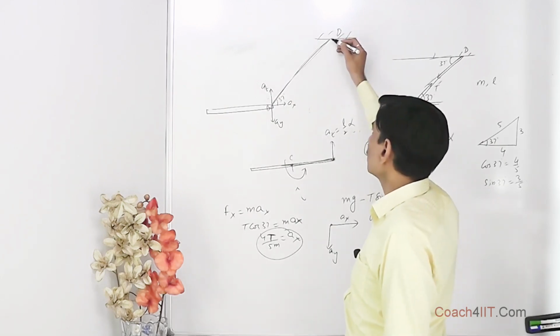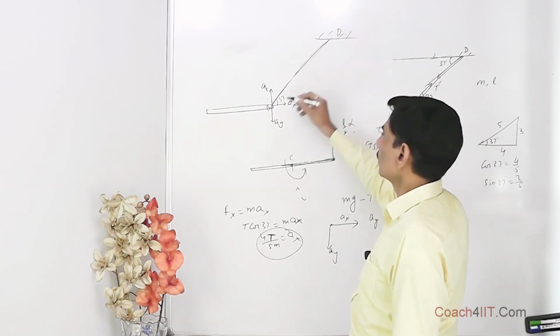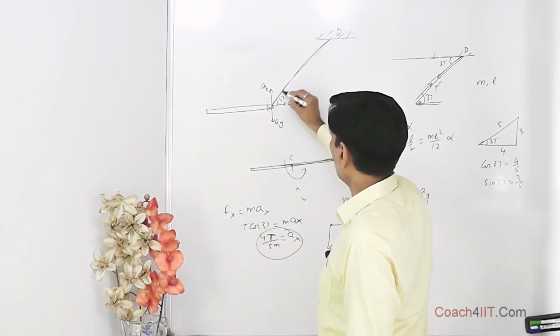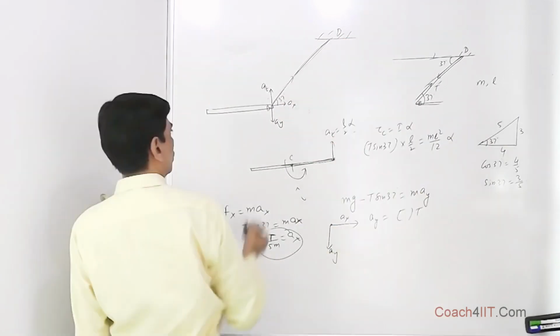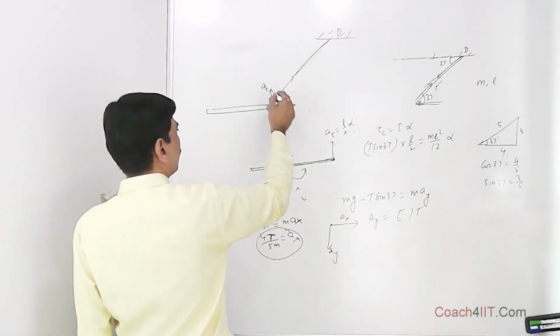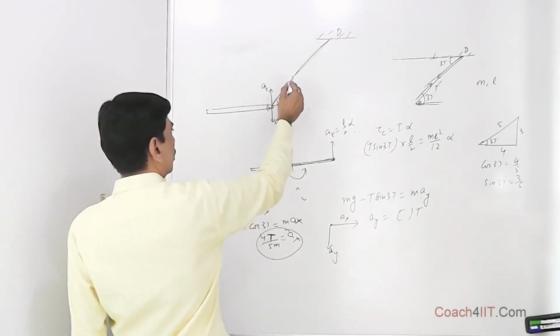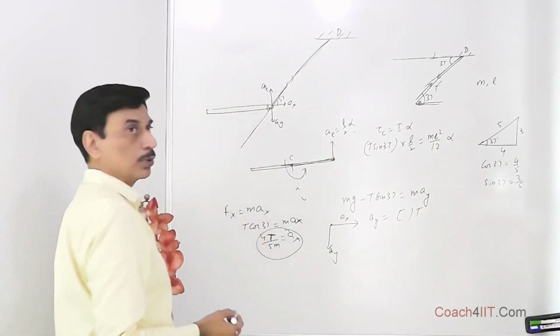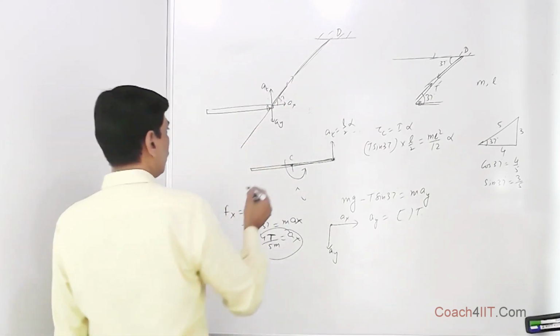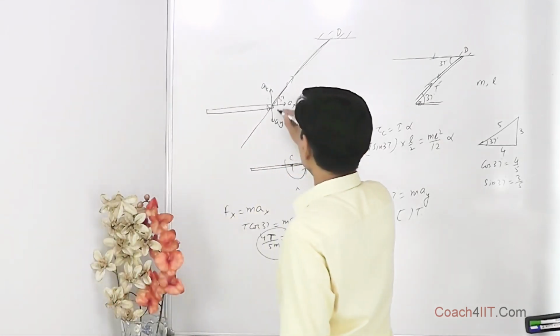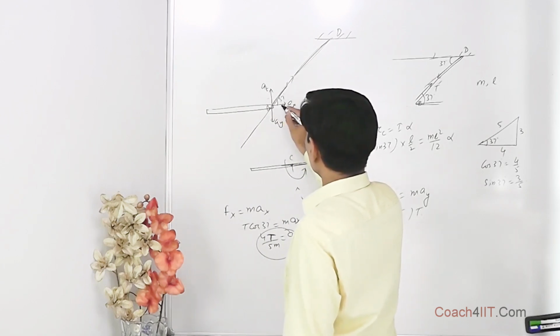This is already stationary, there is no acceleration of this. Similarly, the acceleration of this along this line should be equal to 0. So it means the component of all the accelerations along this line should come out to be equal to 0. So if we look at the components of all these accelerations along this line, AX will have a